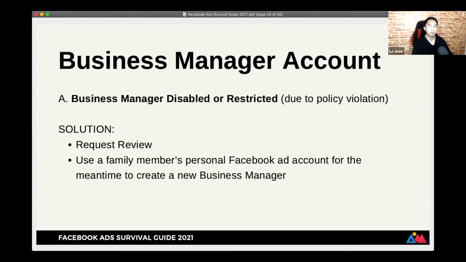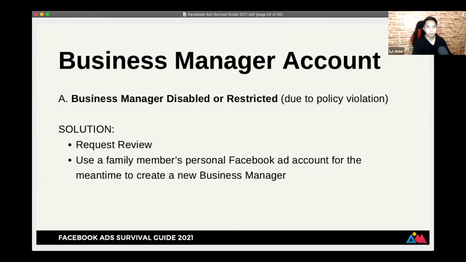So yung Facebook page mo na naka-connect doon, hindi mo na mata-transfer to another business manager. Magagamit mo pa rin siya, but you cannot manage it under business manager. Yung ad accounts there will all be disabled. Yung pixel will also be disabled at hindi mo na makikita yung data there. So it's a big thing. Parang it will really stop the entire business operations and all of that.